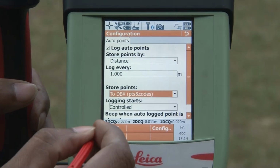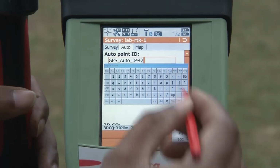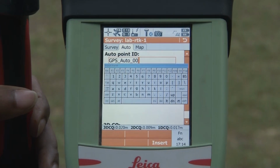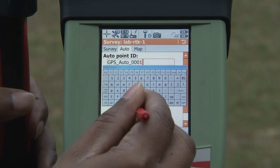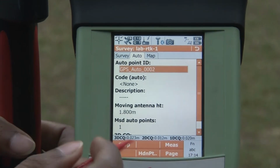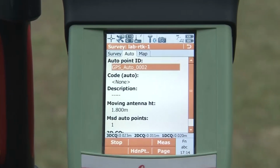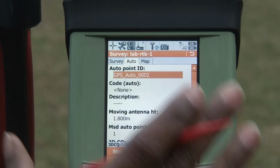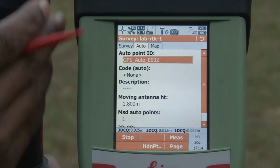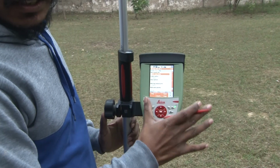Suppose I set this up, and now you go to the auto option. Here you can change your point ID. Suppose I assign it 001, and now you click start. You can see it is not storing the data, because I am not moving my rover station. When I move and cover 1 meter, in that case it will store the data,